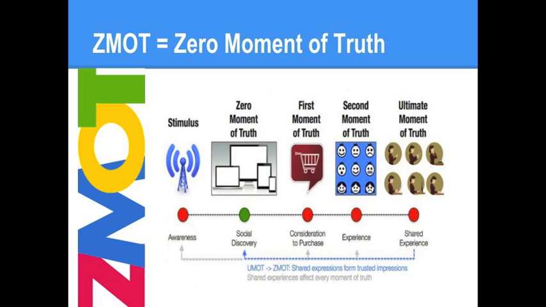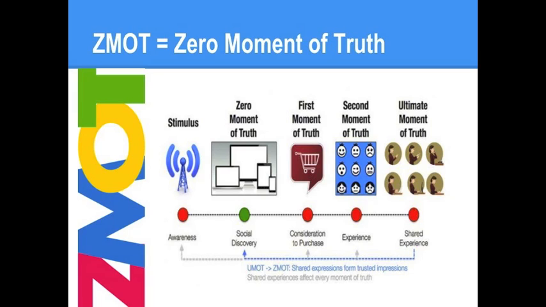I borrowed this graph here, and I should give credit for it. The first four are borrowed from Google, but there's also this last one called the ultimate moment of truth, UMOT. And that's sharing your experience. It's one thing for somebody to use your product or service, have a great experience, be a return customer. It's a whole other level if you get them to share that publicly with their friends on any of your online presences, because now you have a brand ambassador, and those people are gold. You can tell everybody in the world how great you are on your website, but nothing is as good as some stranger saying you're just as great.